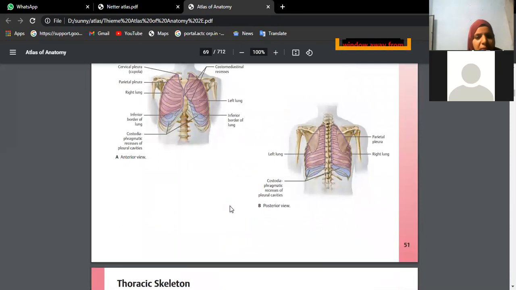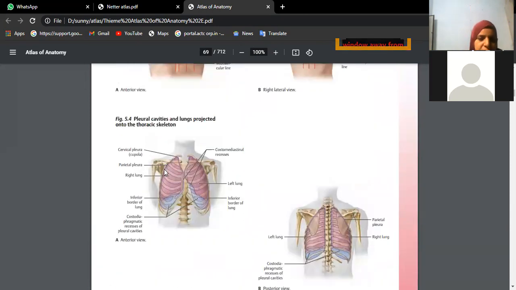Now you are finding, as the pictures are showing us, inside the thoracic cage we have two lungs covered by pleura. We have visceral pleura inside, parietal pleura outside. Between the parietal and visceral pleurae, we have the pleural cavity filled with pleural fluid. And this space is quite big. You call it the costodiaphragmatic recess. Okay, and this is the costomediastinal recess.